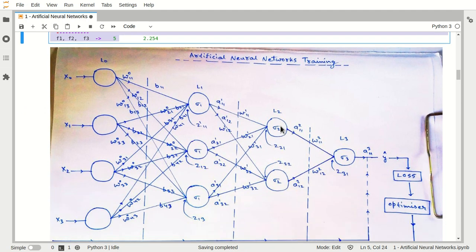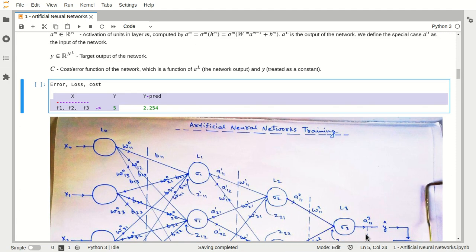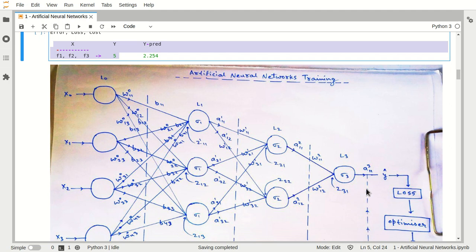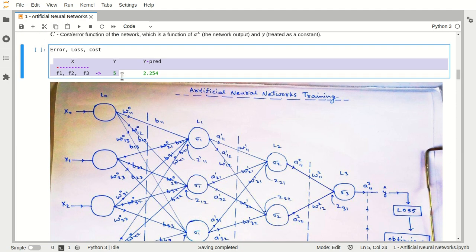Now after some processing, your network is saying that okay fine, I have done the processing, I have done the calculation, and now finally I am giving these predictions, I mean Y hat. Now what is this Y hat? The model is saying that its target will be this value, and we already have the original Y value.